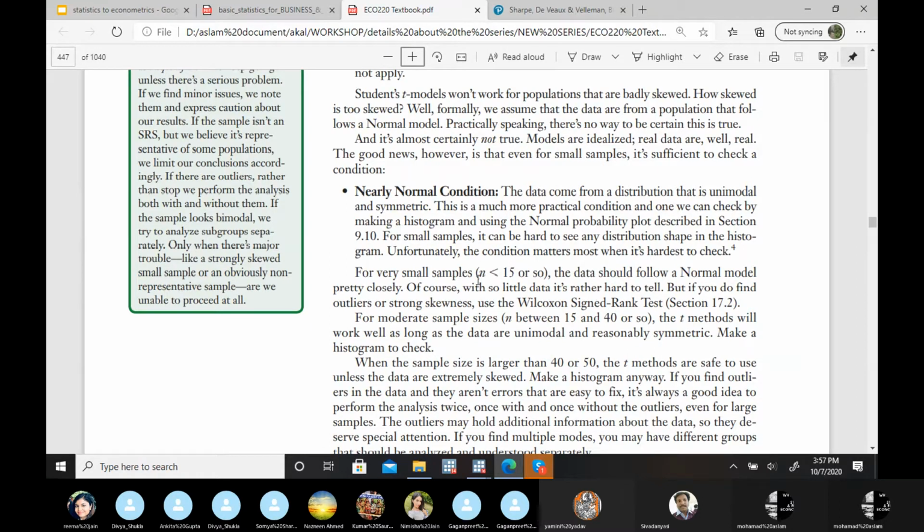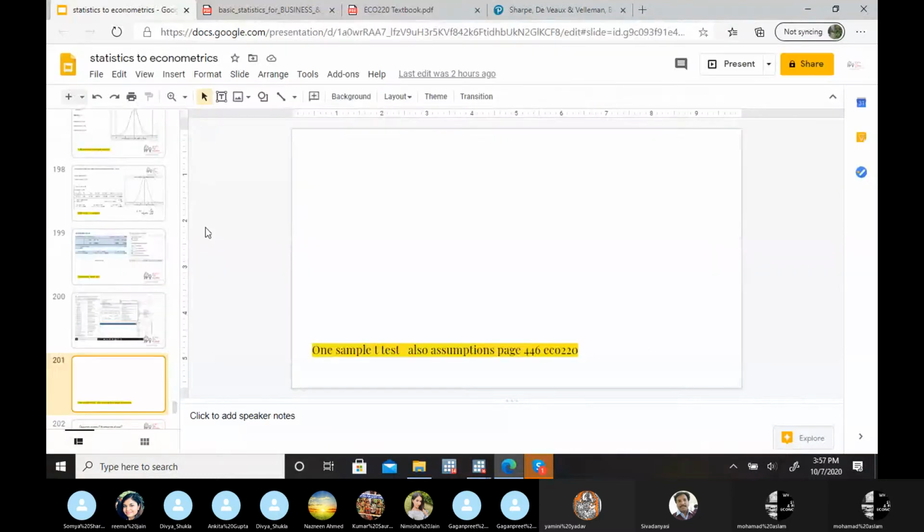Next, if you read this particular textbook or other literature, it's better to use it between 30 and 40 in the small sample size case. If your sample size is small, like 5, 6, 7, then it's too risky. Then I suggest don't apply even the t-test. Then use a non-parametric test, but not the t-test, because it needs at least a normal distribution. So normal distribution is required for the z-test as well as for the t-test. So this is the one sample test.